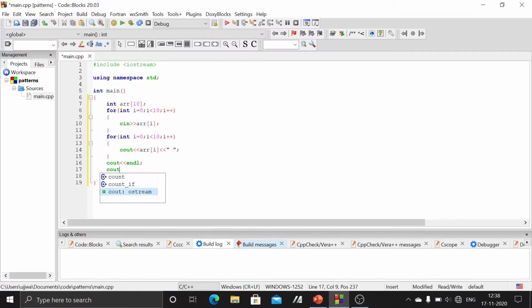Or if I have to check an element individually, I can just print it out using the name and passing the index. Like I want to check the value that is at index number 2, then I want to check the value that is at index number 9, that is the last element. So now if I run the program,